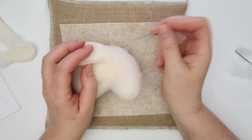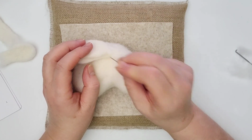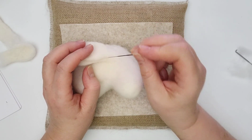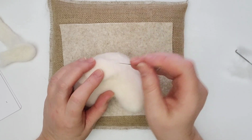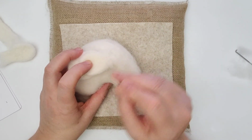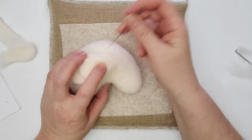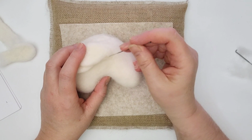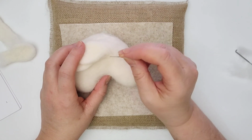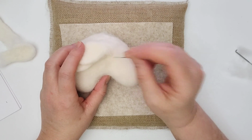Now I would normally spend a little bit more time than this, but you don't need to sit here with me for too long. You can see exactly what you're doing. And then again, just use your needle just to pull over any wisp. But you may not even need this top layer. It's just if you feel that those seams are quite visible, or they're annoying you, or you're not quite happy